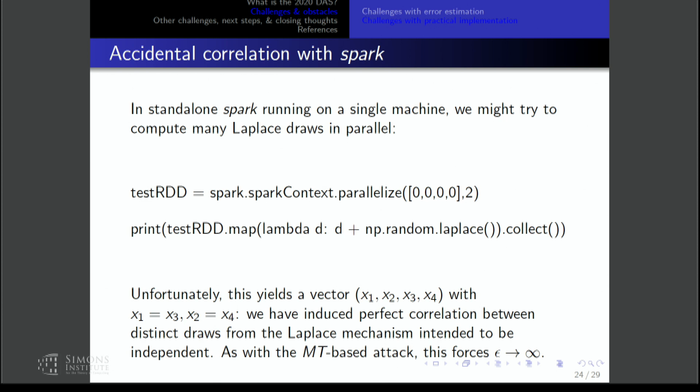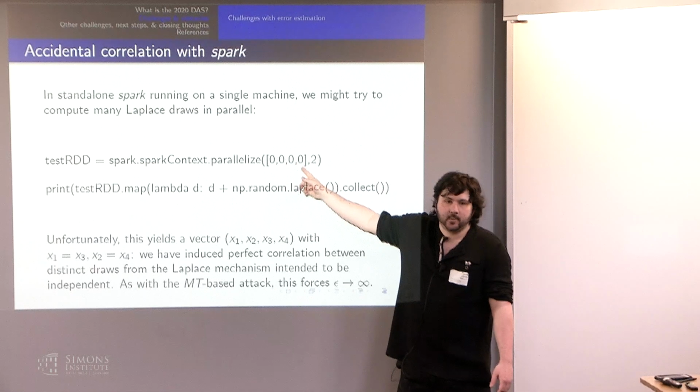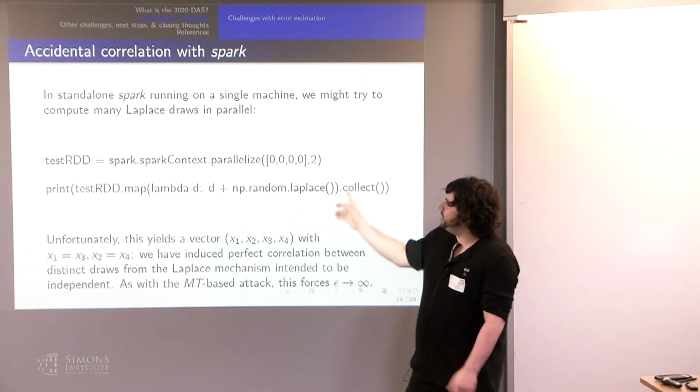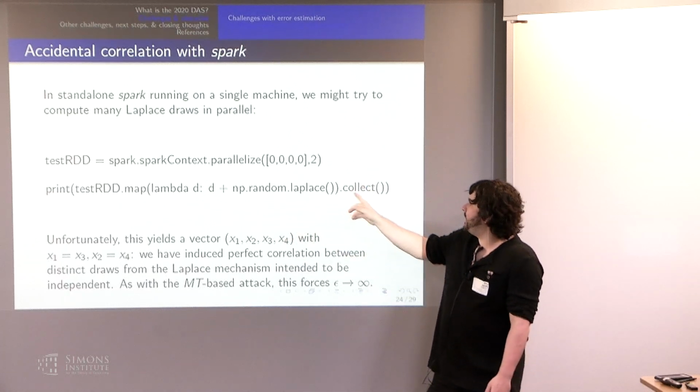You call this parallelize operation to say I want to take this Python list and I want to break it up into units that can be distributed in tasks across the various cores available on my machines in my cluster. In this case, we're telling it split this thing up into 2 parts. It's not a guarantee, but usually those 2 parts are going to be the first 2 elements and then the last 2 elements. If that is the case, you can then really quickly implement the Laplace mechanism,